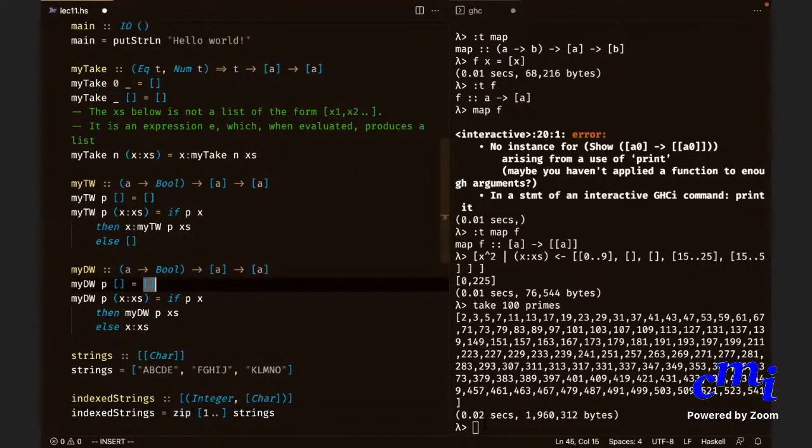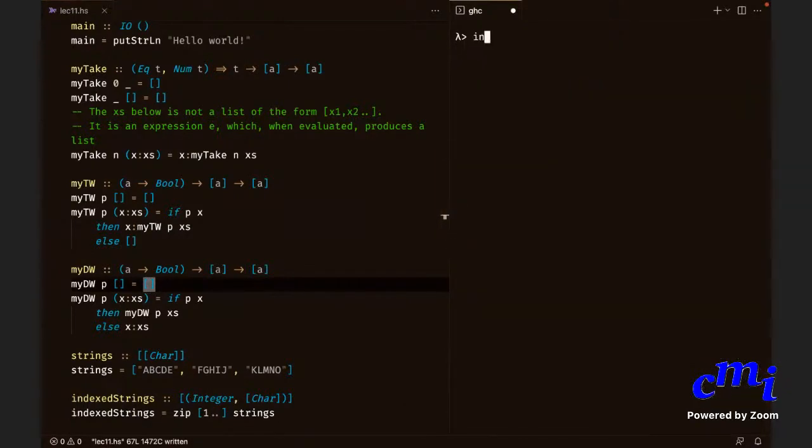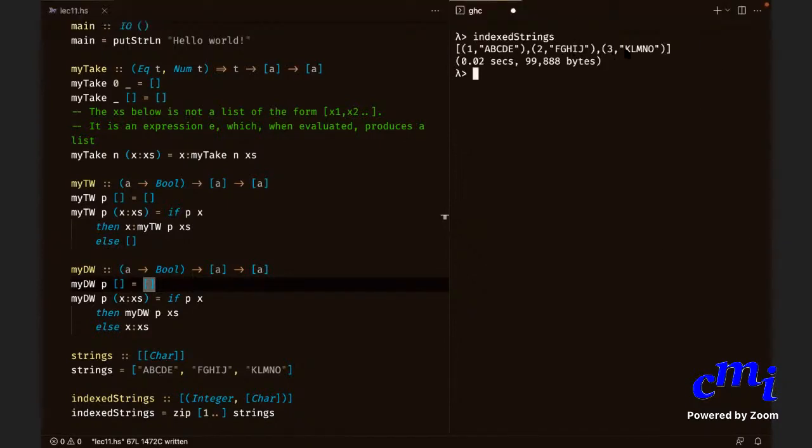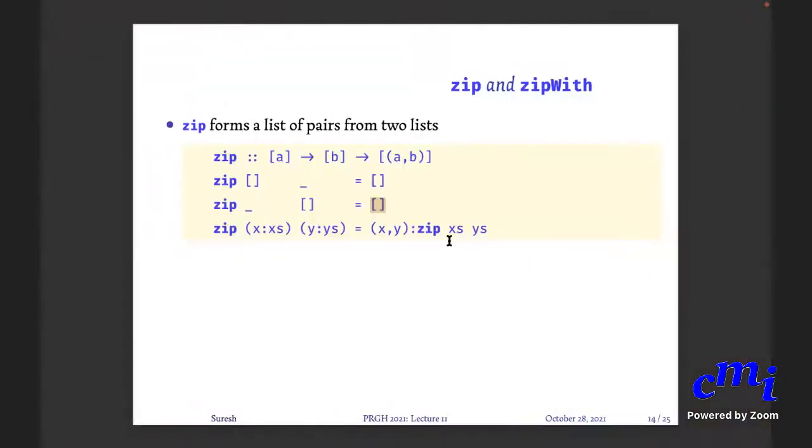Let us first compile this, save this, reload that. You see, I have 1, ABCD, 2, FGHIJ, 3, KLMNO. This is not the only kind of application you can have for this. You can have a lot of applications, but once you have zip, you can actually do something more useful, namely